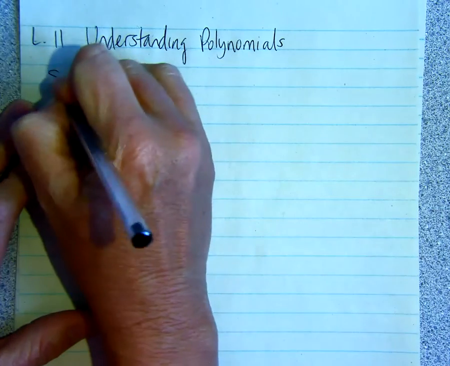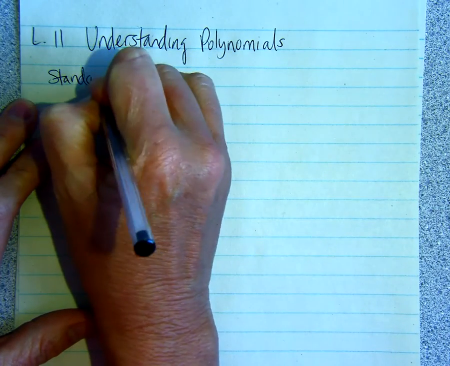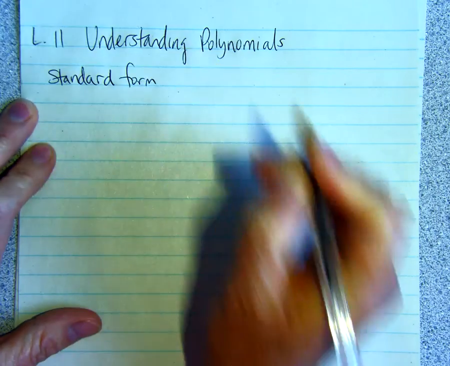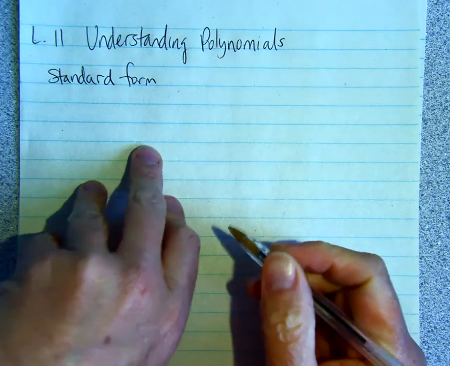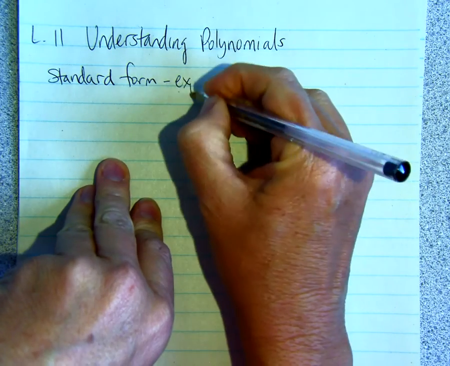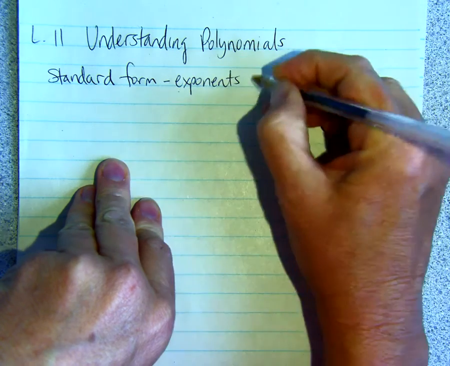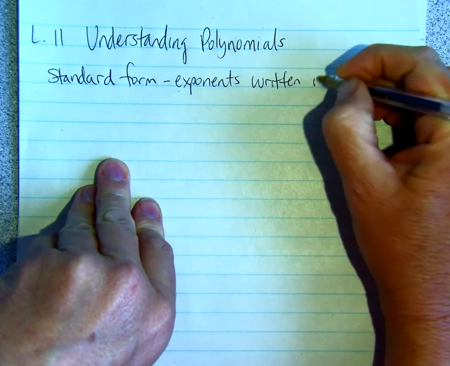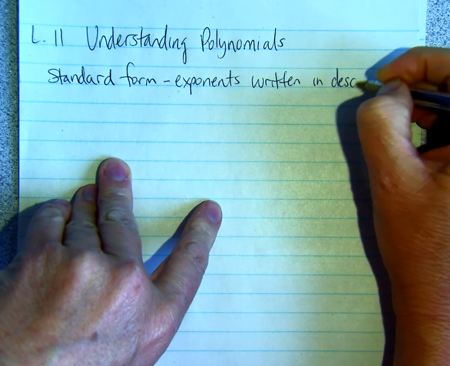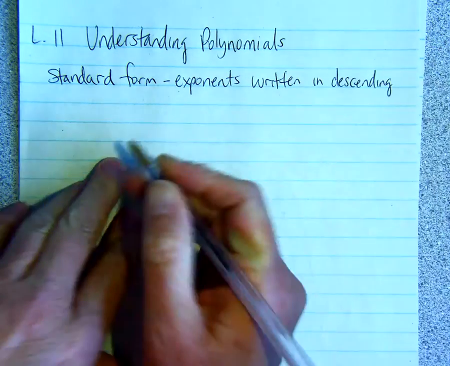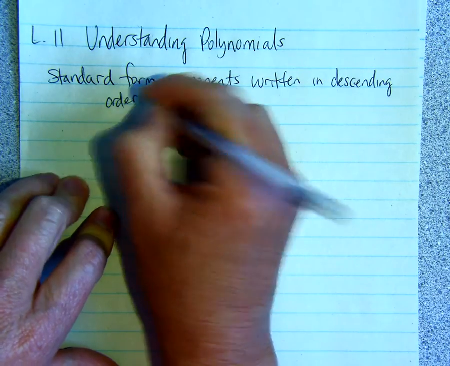So, standard form of a polynomial is to write it in descending order with the exponents. So the exponents are written in descending order. That just means your biggest exponent is first and your smallest is last, and in between it goes down by